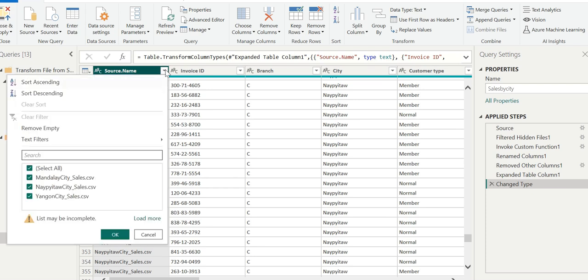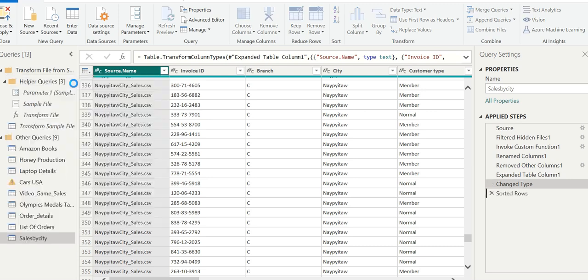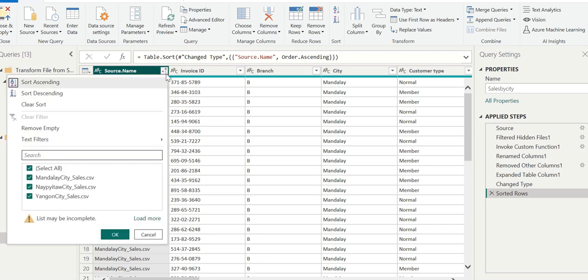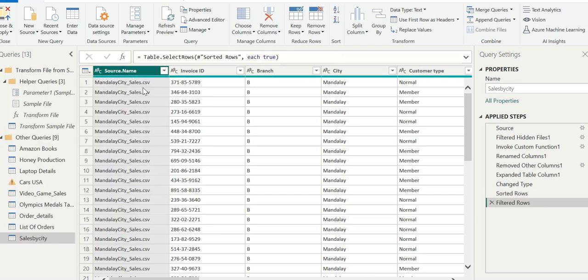What we will do, we will go here and we will sort in ascending manner. If it is not, you will see here, yes, then hit OK.